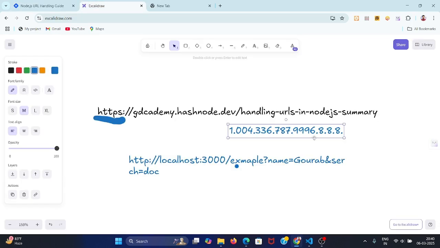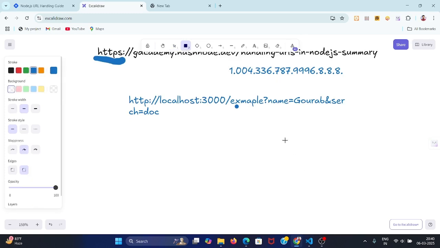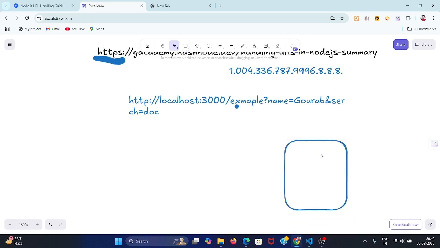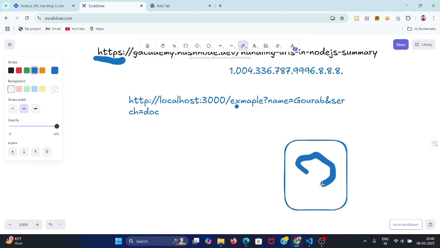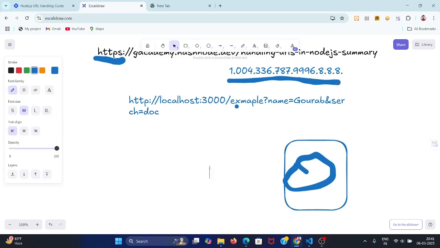If I represent it visually, let's say on the internet, this is a machine. Here all my website's files are located, and I am serving it to the internet. But whenever I need to serve it, I need to give some URL to the people, and this URL may contain this IP address. But I don't want it to be like that. I want it to be very clear and accessible, and I want to give it a name which can be remembered by people. That's why I have purchased a domain name, let's say